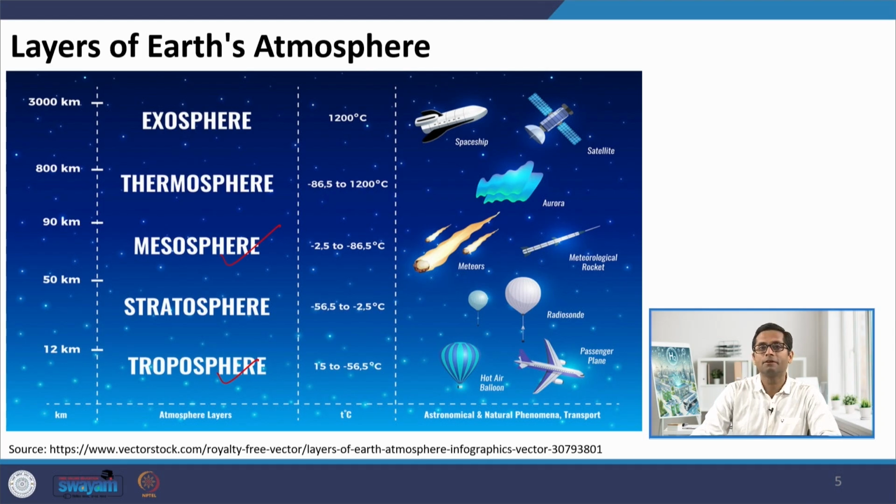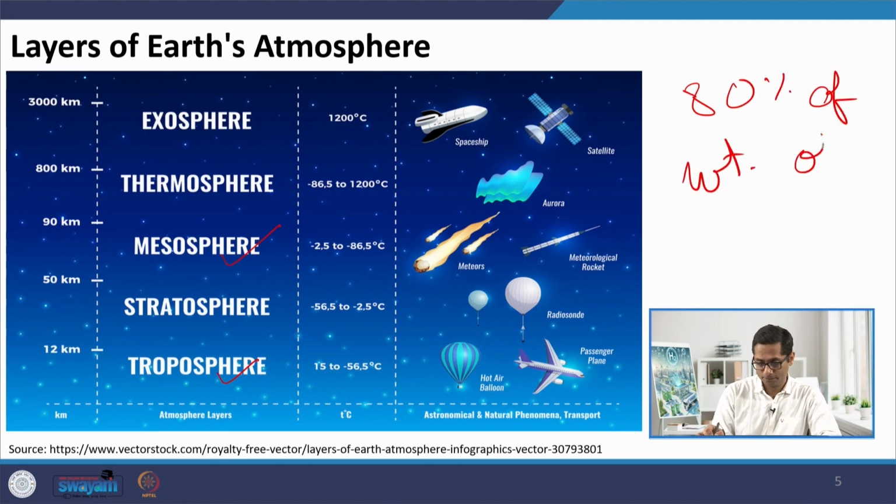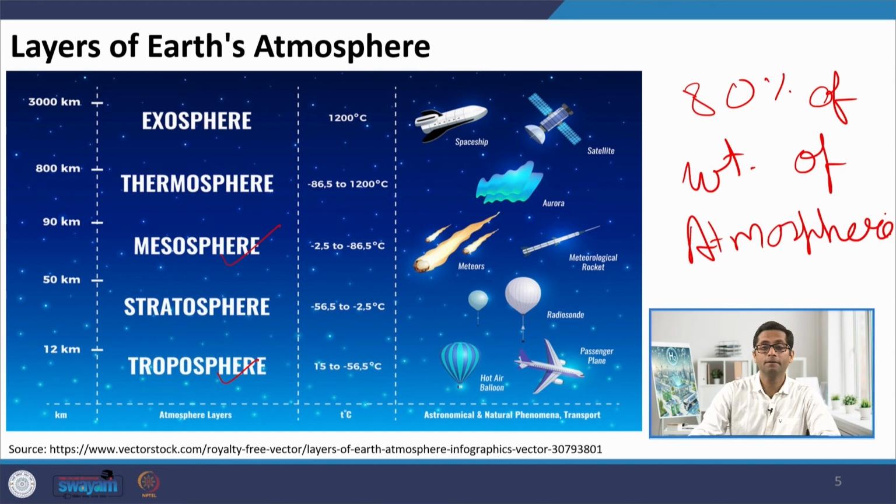As such, if I talk about the human race, most of us are going to spend our lives in the troposphere, and the troposphere is also the place where almost 80% of the weight of the atmosphere is concentrated. So let me repeat again, 80% of the weight of the atmosphere could be found in just one layer,